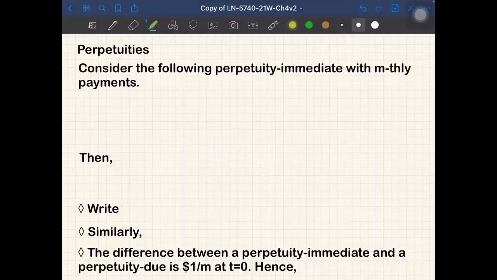Hi, we continue to discuss section 4b, the annuity payments part 2. This time we discuss perpetuities. So consider the perpetuity immediate with m-thly payments, so m times a year. That means the time diagram is